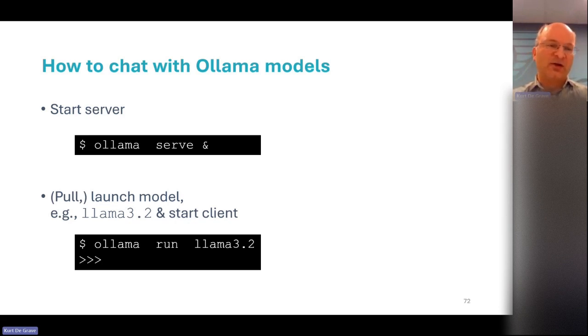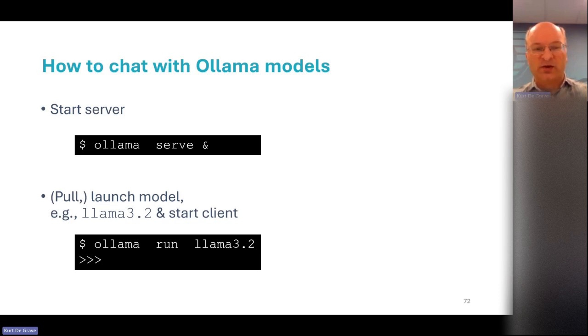So in the exercises, either you run it without the ampersand to see the output, but then you have to run a separate login shell to the VM to do other stuff. And then once the server is started, you can run a model.